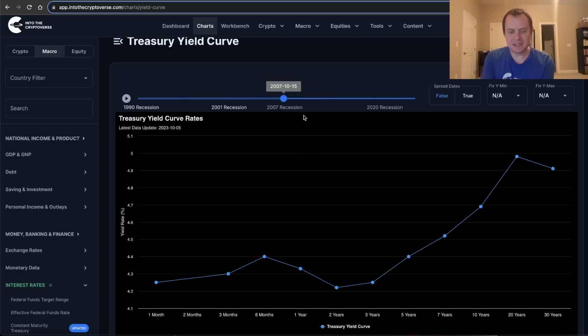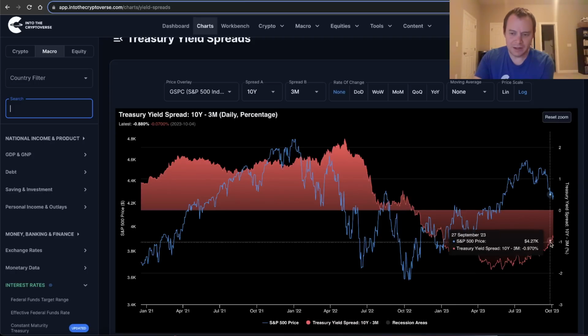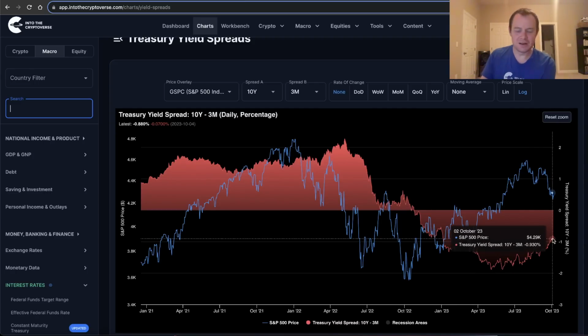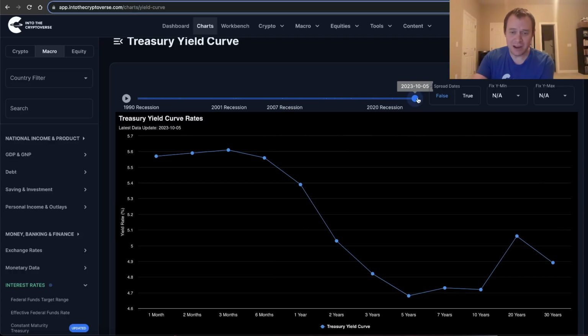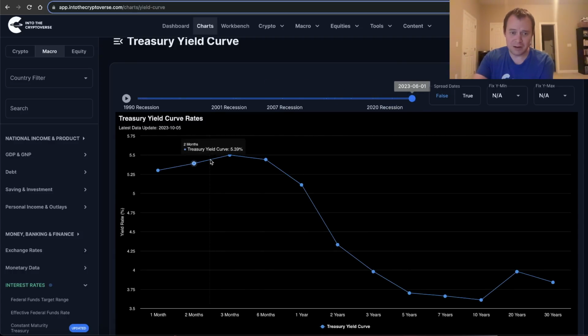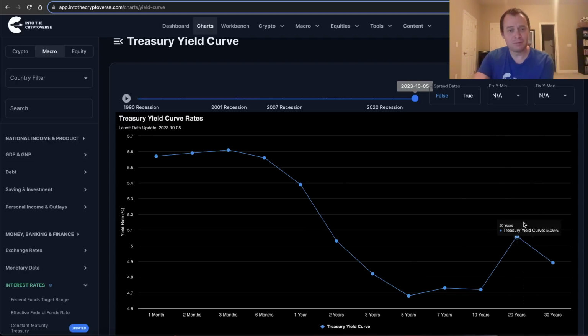But what we're seeing right now is not a bull steepener. We're seeing a bear steepener. A bear steepener is when the long end of the curve goes up and the short end of the curve could be staying flat, right? The spread is narrowing because the long end of the curve is moving, not the short end of the curve. The short end of the curve is staying relatively constant, right? I mean, we're at 5.5% now, and the short end of the curve was also around 5.5% back in June, right? The long end of the curve back in June was 3.5%. Now the long end of the curve is near 4.5% to 5%. So this is known as a bear steepener.